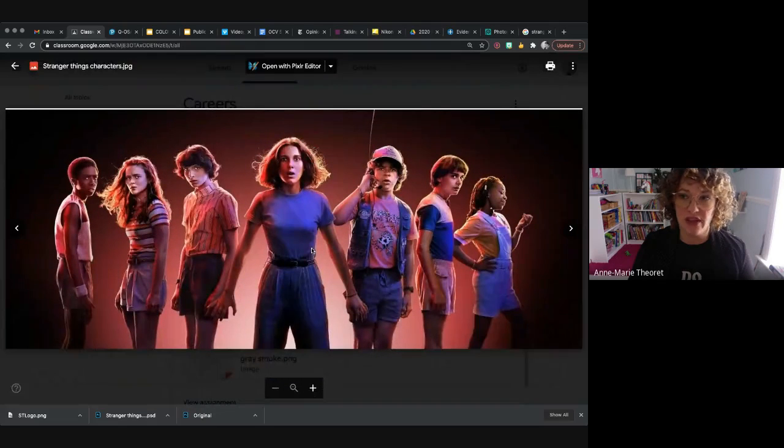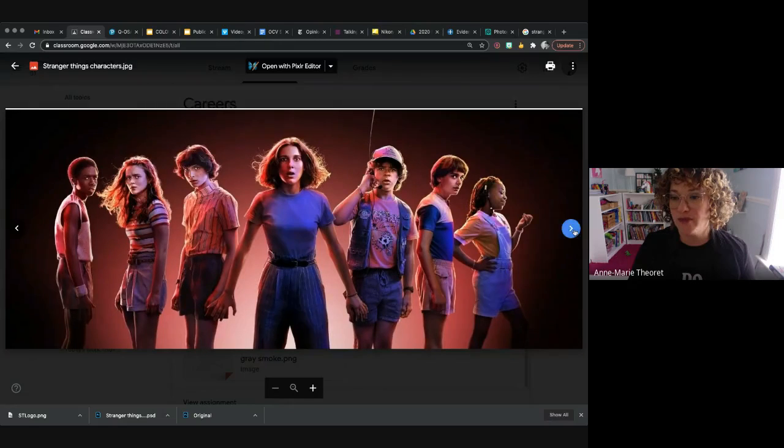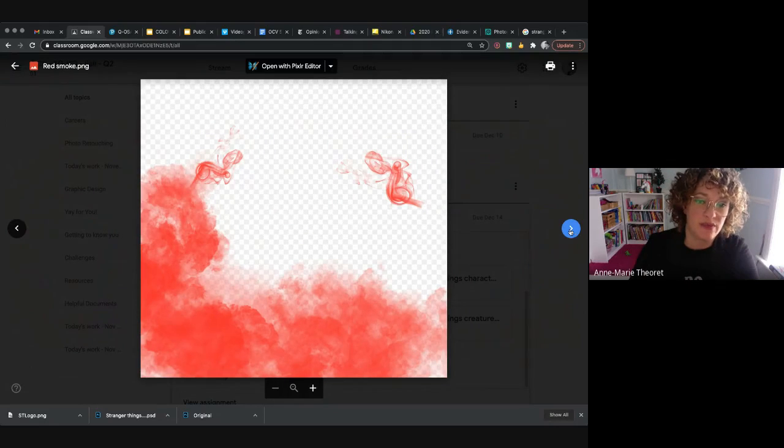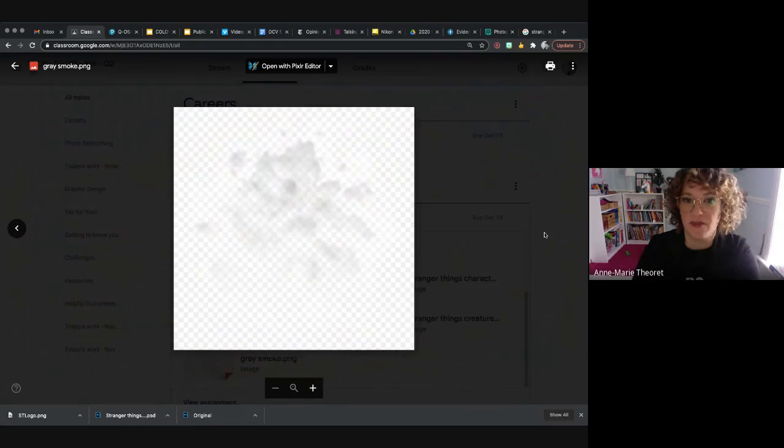So you right-click on the image and you save image as. Make sure that you keep all of your files organized in a folder on your desktop. So I would right-click here, save image as. Same thing with this one and our last one here. So I've already saved all these images, so I can just go straight into